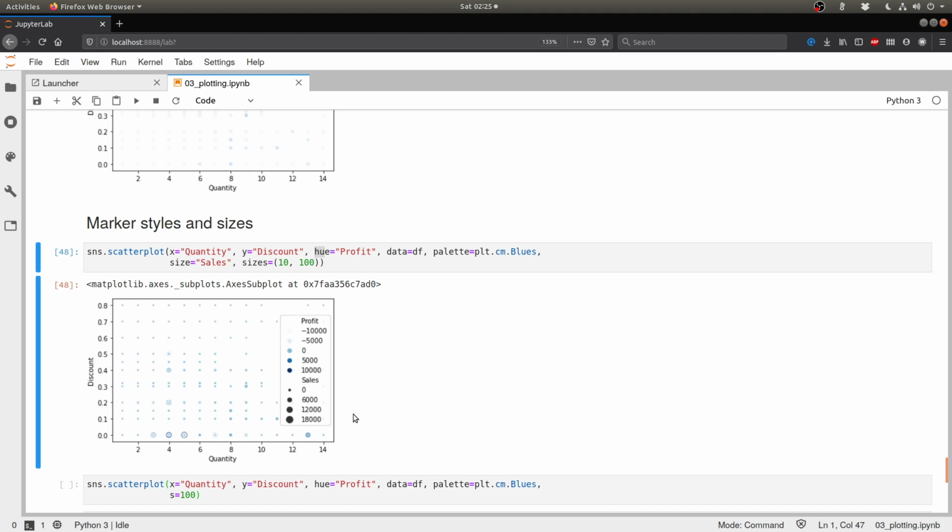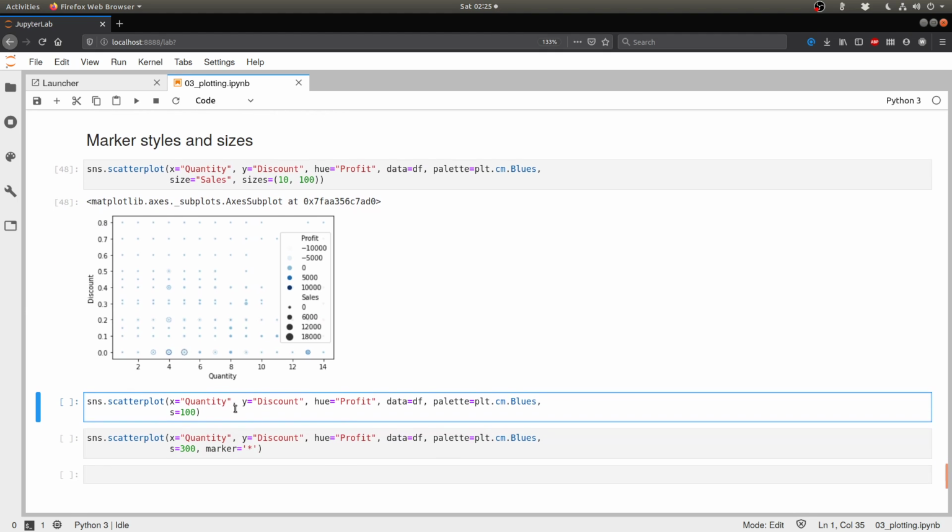So now we have gone from representing only 2 types of information to representing 4 types of information using different visual elements that are present within the same plot. This is something that you can keep on configuring endlessly just by changing X, Y, hue, and size to different columns of the data set, and therefore coming up with better and better plots until you have the right size. Of course, here we had size as a function of one of the columns present. You can also have it fixed.